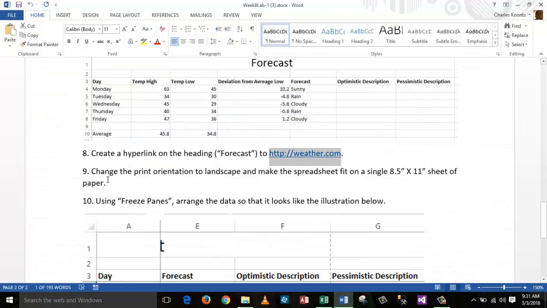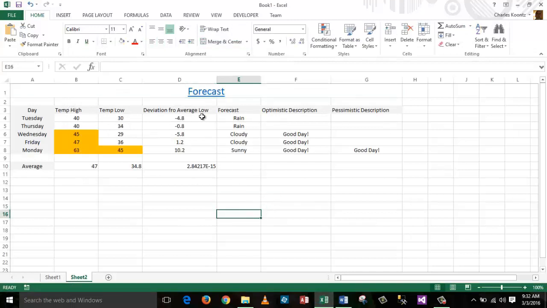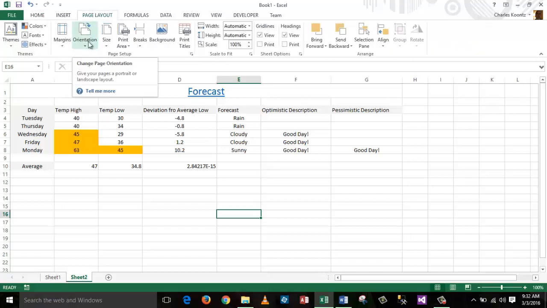Okay, so next thing we're going to do is change the print orientation to landscape and make the spreadsheet fit on a single 8.5 by 11 inch sheet of paper. So in preparation for printing, you should know how to do this. I'm going to go to the page layout page, and I've got two options, portrait and landscape. I'm able to print more rows at the expense of fewer columns with portrait and more columns at the expense of fewer rows with landscape. So generally I'm going to want to print in landscape,